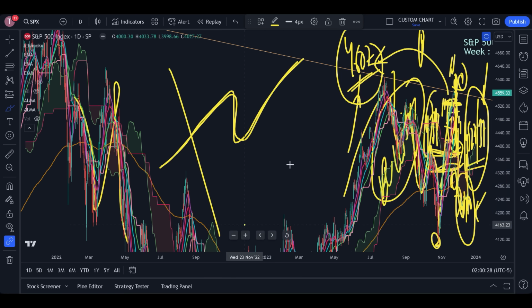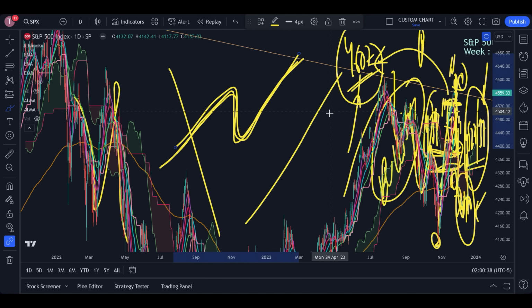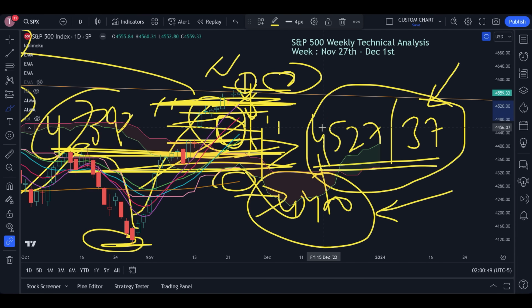Nothing comes down in a straight line, nothing goes up in a straight line. If this happens, then it is highly unstable, because eventually it will align itself in this kind of movement, no matter what. This is 100% true. So now, a bearish reversal is not a change of trend. Whenever a change of trend happens, I will update you through these updates, my Patreon community members. And if it happens by the end of the week, then in the weekly technical analysis.